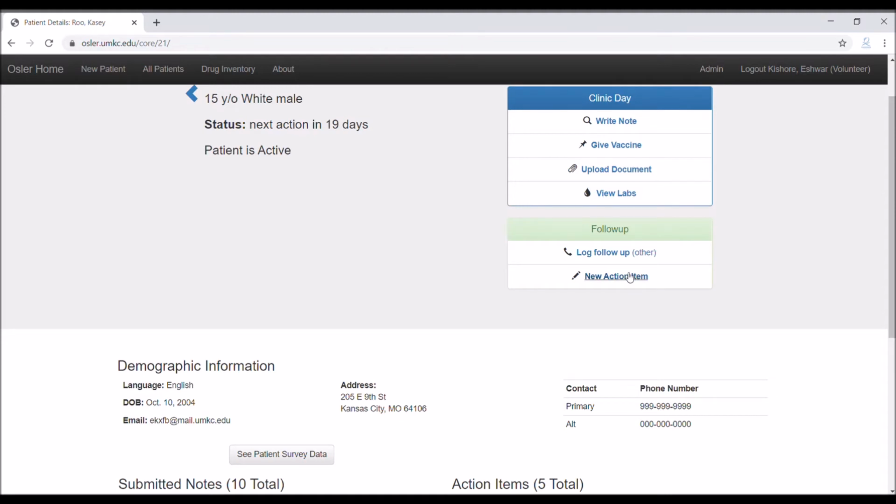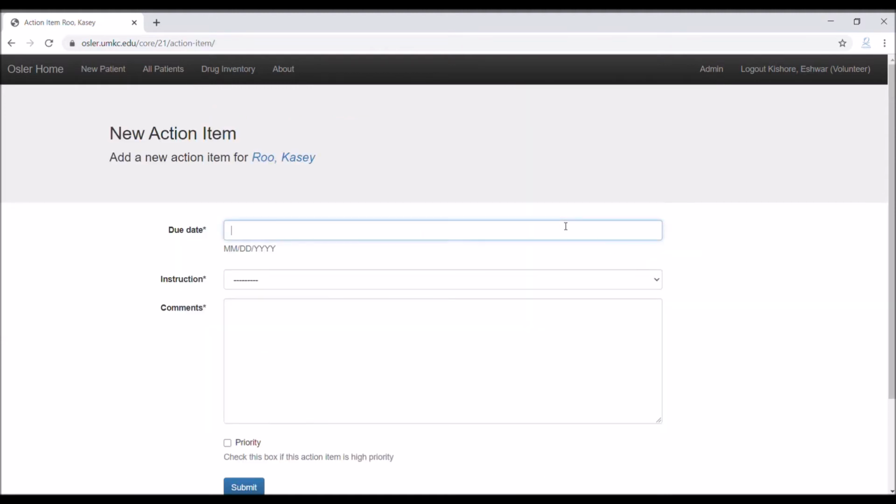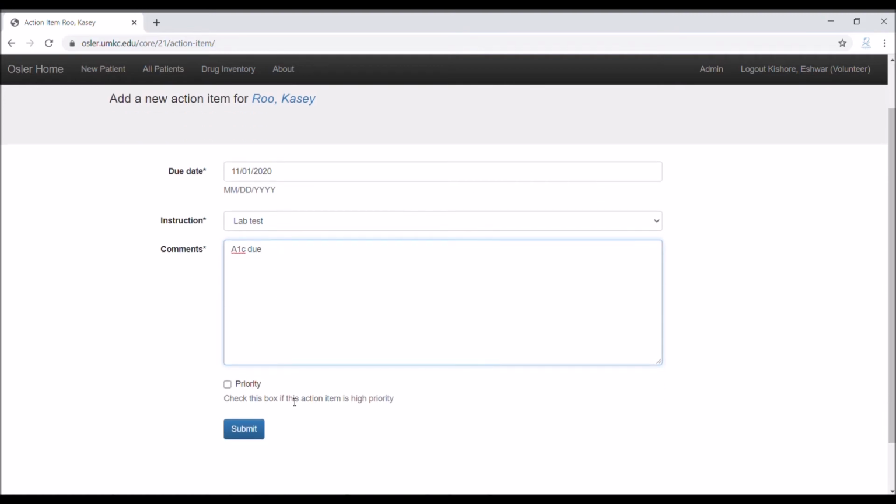When you press action item, new action item, you're able to give it a due date. So let's make our due date November 1st, 2020. The instruction can be anything. We have a whole host of them here. Let's say today, though, our instruction is a lab test. So this patient is due for an A1C because of their 6-month follow-up, for example. So you can go ahead and write whatever comments you'd like about the lab test, select if it's a priority,